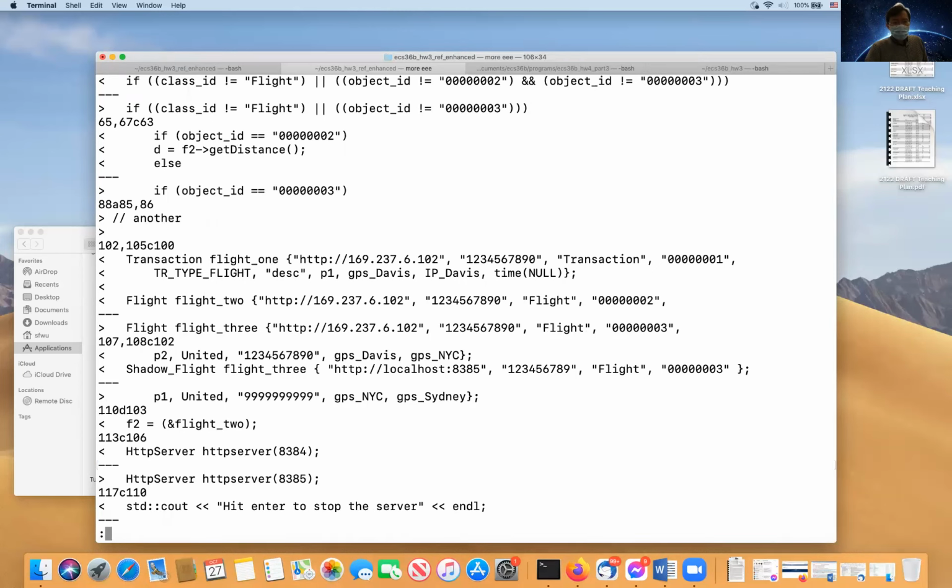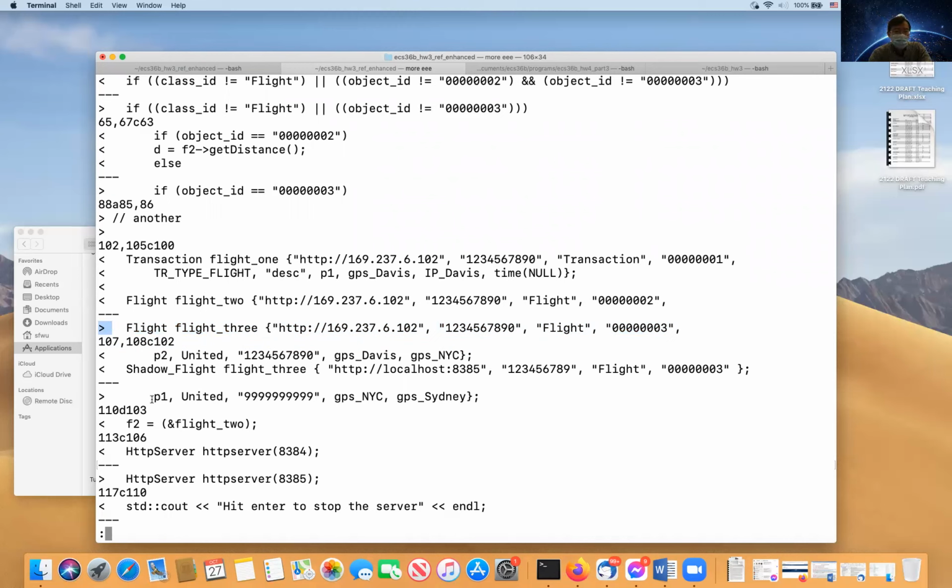Yeah, here is, let me see, another should be, yeah, flight 3 is here. You see, now the flight 3 is actually in another. I moved those 3 lines to another. That's the only thing I need to change. Everything that's in another is going to start with the greater than sign, okay?